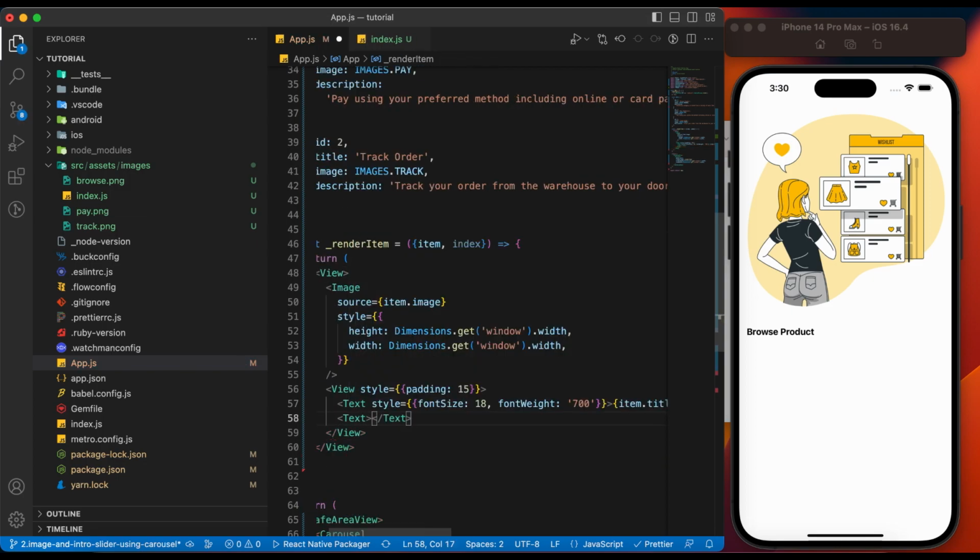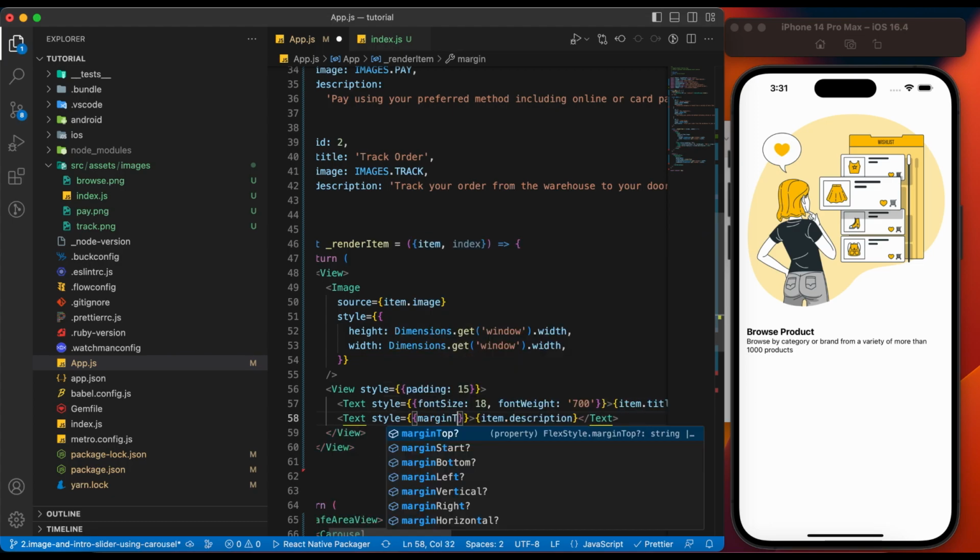Add the description text below title. Change the description style.